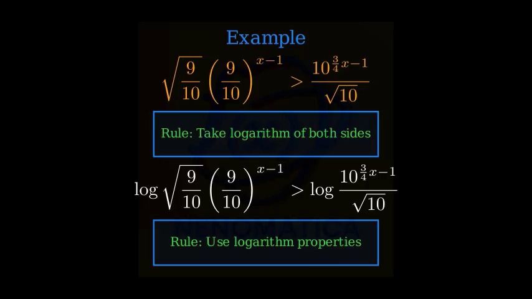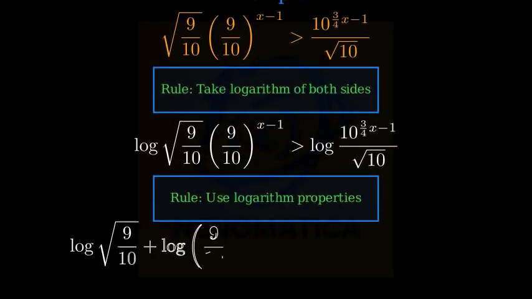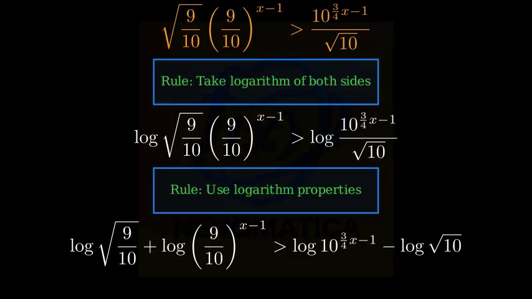First, the logarithm of a product equals the sum of logarithms. Second, the logarithm of a quotient equals the difference of logarithms. And third, the logarithm of a power equals the power times the logarithm. Applying these properties, we get log of square root of 9 over 10 plus log of 9 over 10 to